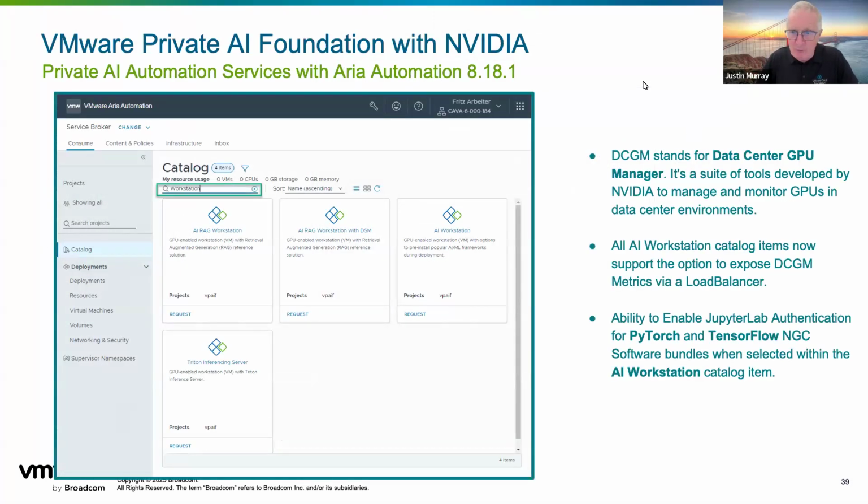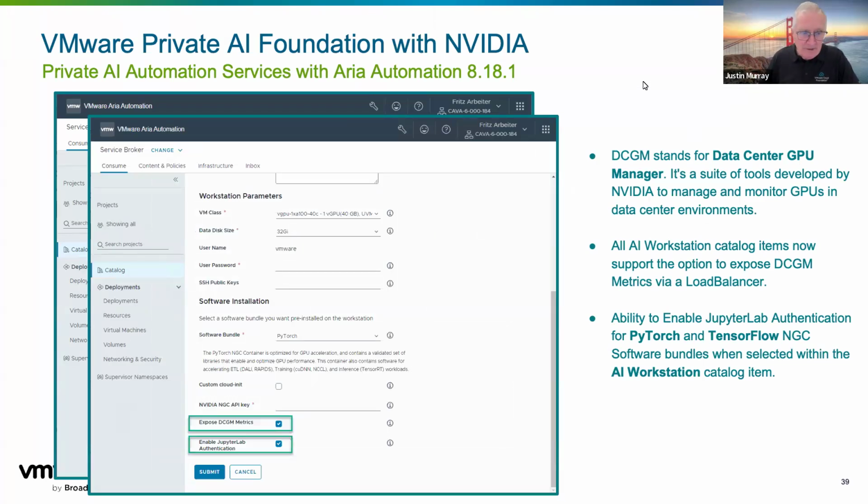I'm going to skip over this now. This is the answer to Raj's question. When I'm constructing my deep learning VM that's underlying my AI workstation that I'm building here, you can see the very first entry is called VM class. That's a compulsory entry. And these VM classes, there will be a set of options for them.